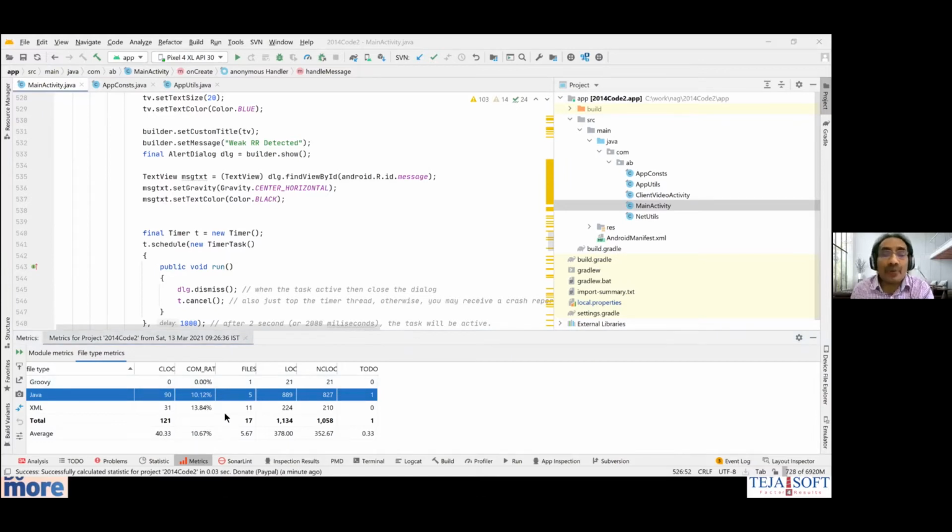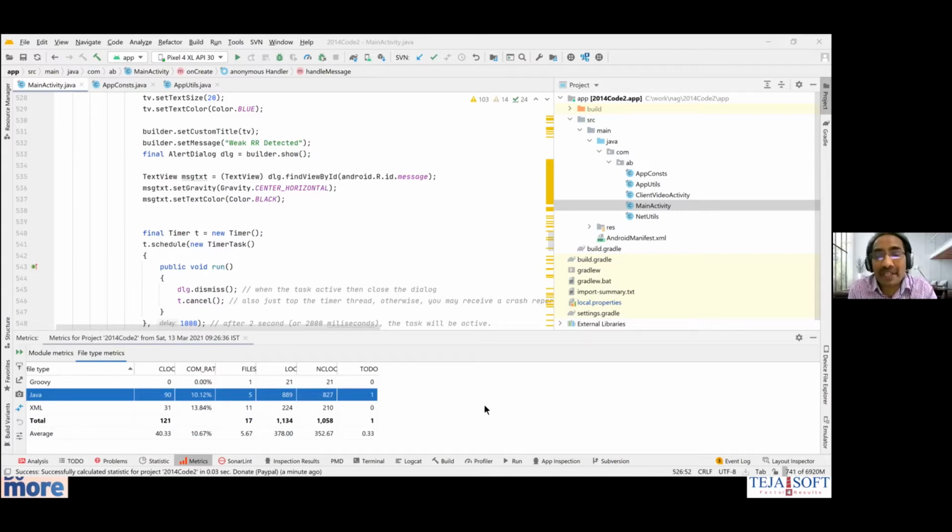But yes, you'll be able to correlate. So how many non-code lines, like blank lines and all. And beyond that, once you get a peripheral view of any code base, then you get comfort, right? It is after all 800 or less than 1,000 lines of code.